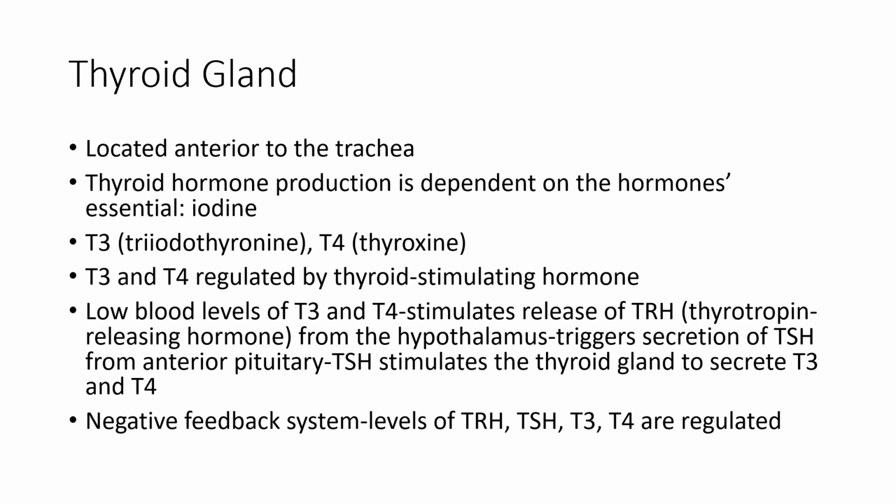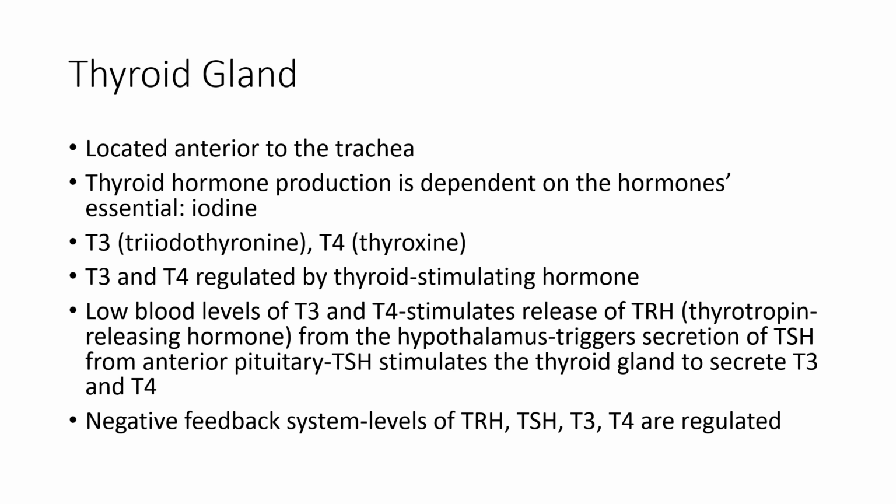Let's take a deeper look at the thyroid gland. We know it's located anterior to the trachea, and thyroid hormone production is dependent on the essential element iodine. The thyroid gland produces T3 and T4, and these are both regulated by the thyroid stimulating hormone. The release of T3 and T4 from the thyroid gland is regulated by the thyroid stimulating hormone, which is located